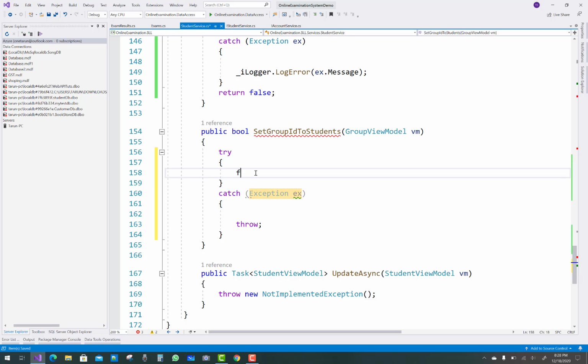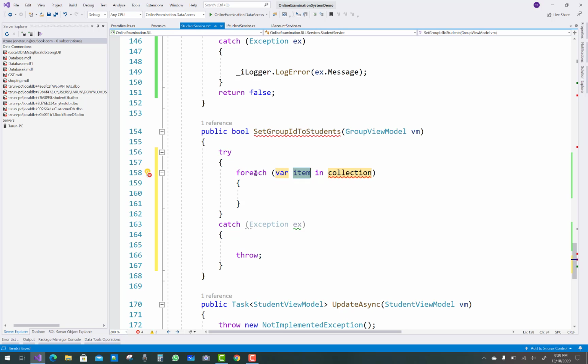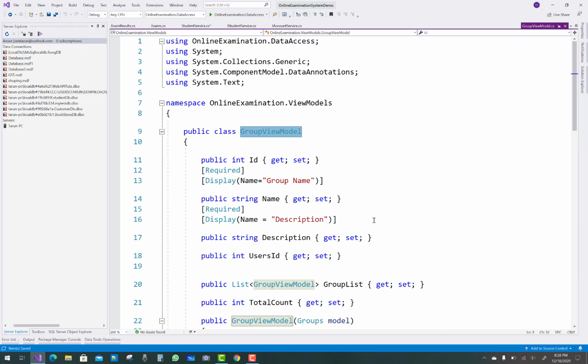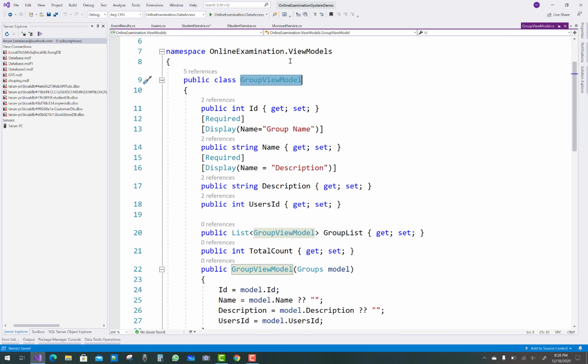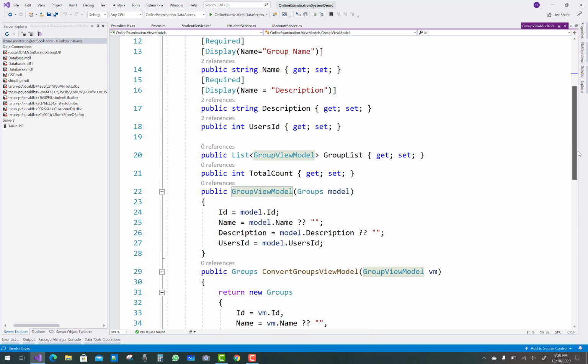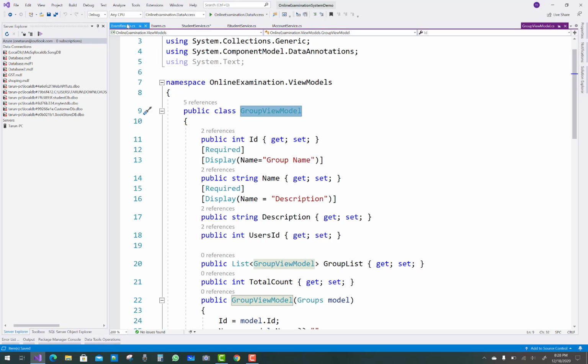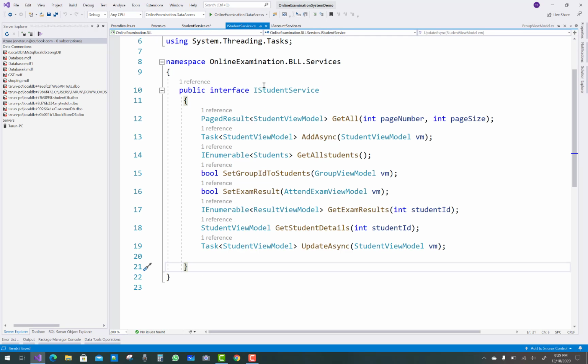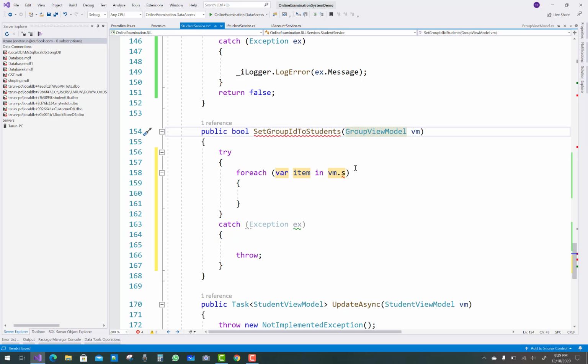false. Okay, the whole video I think is useful. Next is set group ID to students. I mean to say that a class is assigned to the student. So the basic function in the method is that you can use a try catch block in the method, and for each item in VM, set group ID to student. I mean to say that we have a checkbox list of the students, so just assign it in the class. So just open the group view model, and in which you can first of all assign a checkbox list of the students. So the checkbox list is not there, so